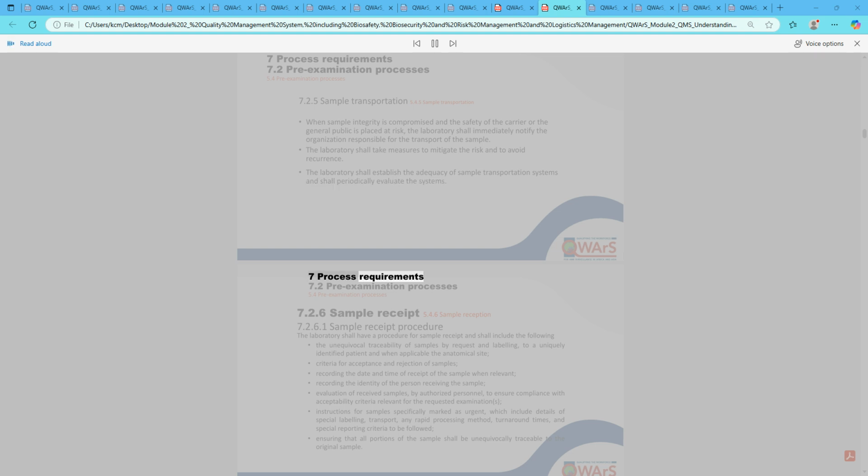7 Process requirements, 7.2 Pre-examination processes, 5.4 Pre-examination processes. 7.2.6 Sample receipt, 5.4.6 Sample reception. The laboratory shall have a procedure for sample receipt and shall include the following: